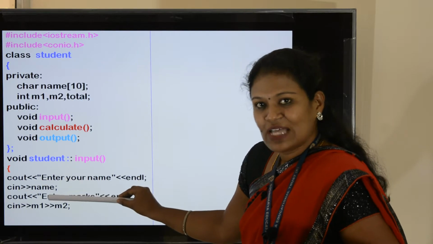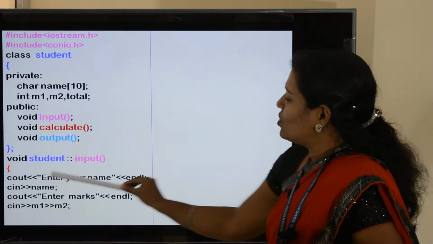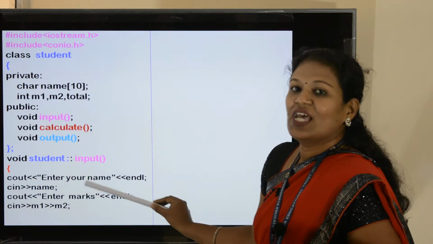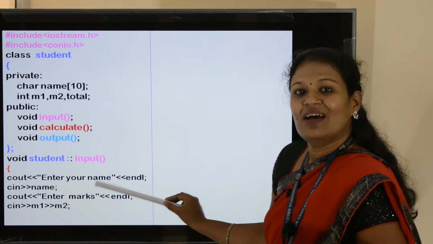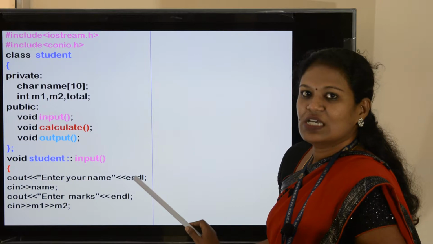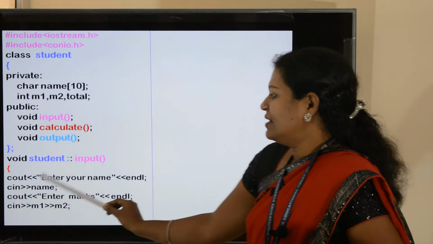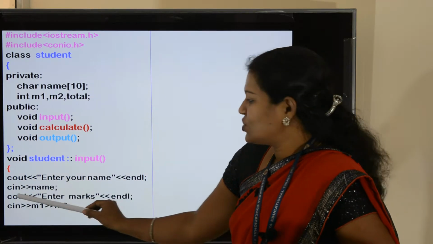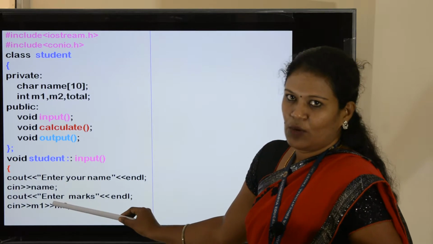Before that we will give one output statement: cout enter your name, endl. Endl means the cursor will come to the next line. Followed by the input: cin name. So name is inputted now.